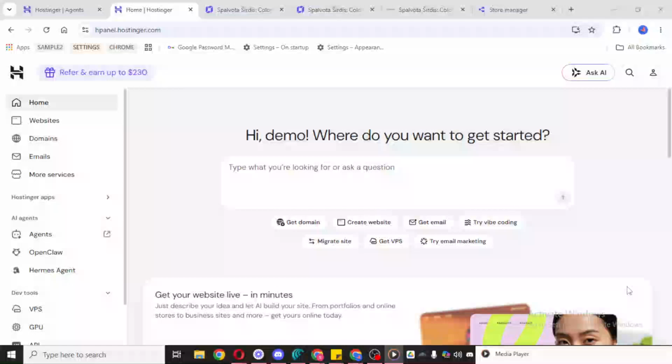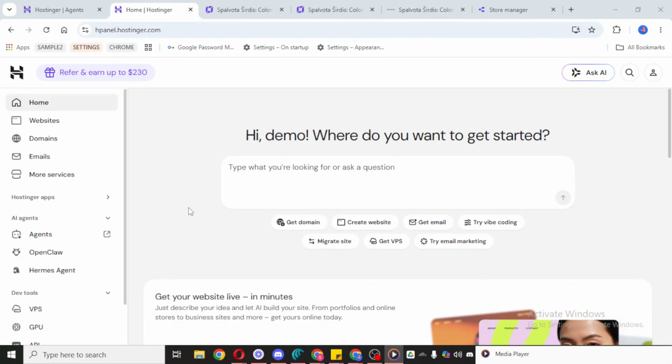In today's video, I'm going to teach you how to add categories on Hostinger. If you want to keep your online store organized and make it easier for customers to browse your products, adding categories is a very important step. Categories help group similar items together, which improves navigation and creates a better shopping experience overall. In this walkthrough, I'll show you exactly where to go inside Hostinger and how to create a category for your store.